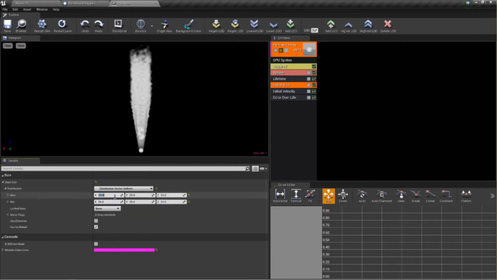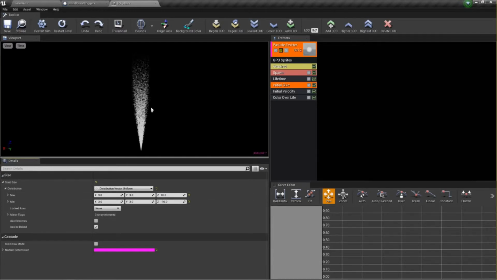Check these two, probably I'd say about 3, 3 and 10, and we'll set these to 3. We'll set this to 3 and set this to -10. Okay, and I think that will just, as you can see, it's starting to spread out a little bit more, which is great. So now you want to go into initial velocity,